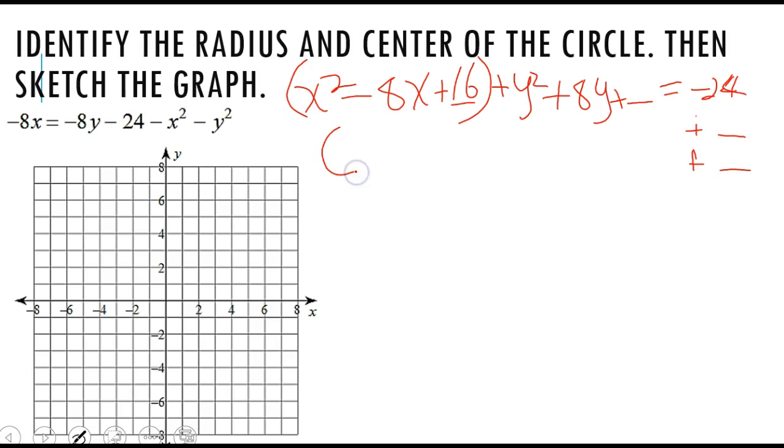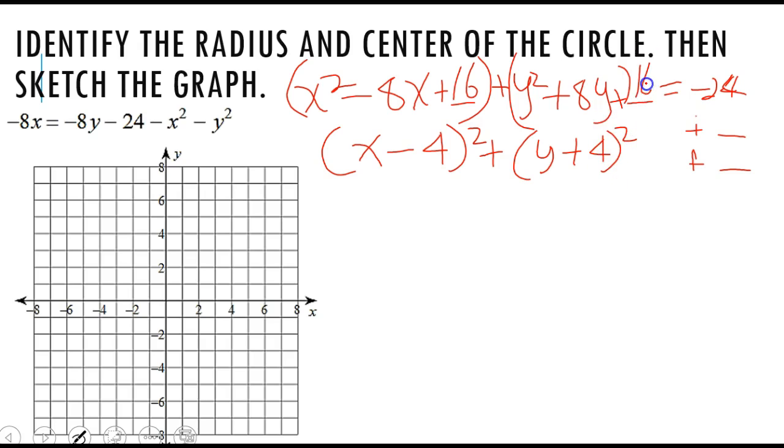Okay, this is going to be x minus 4 squared. And y, 1/2 of 8 is going to be positive 4, squared. The same thing is going to be plus 16. So now we're going to add those 16 plus 16, and then we get